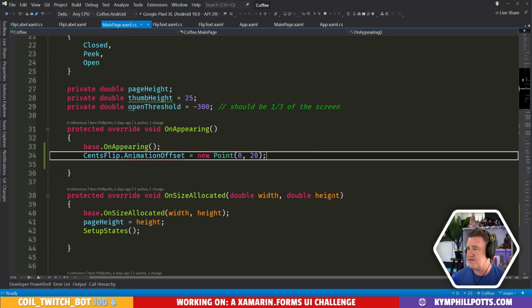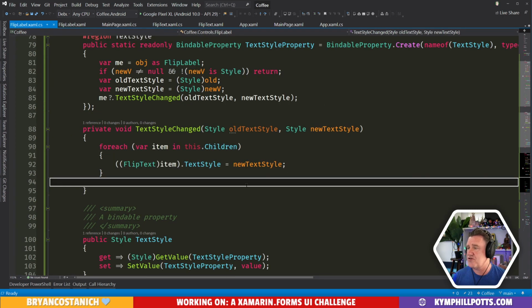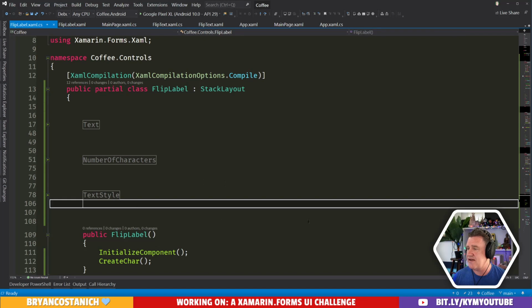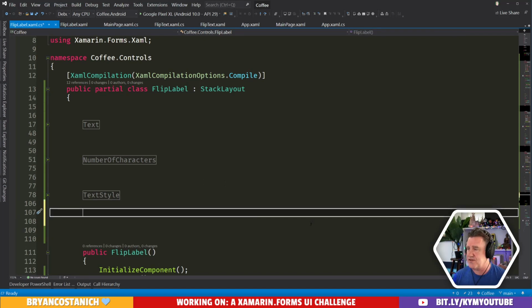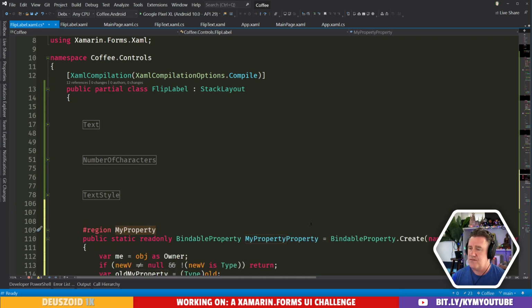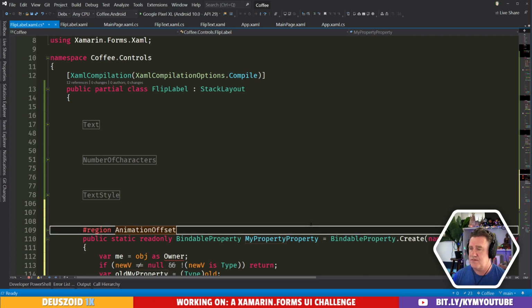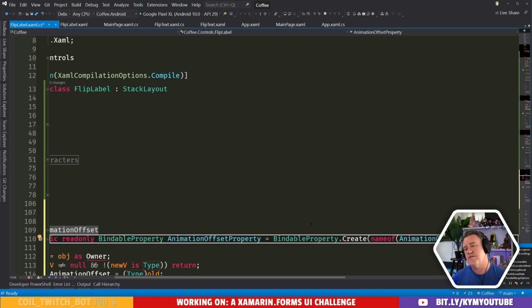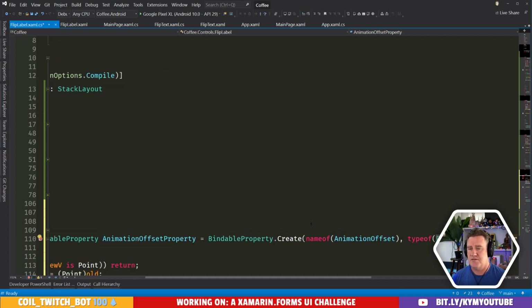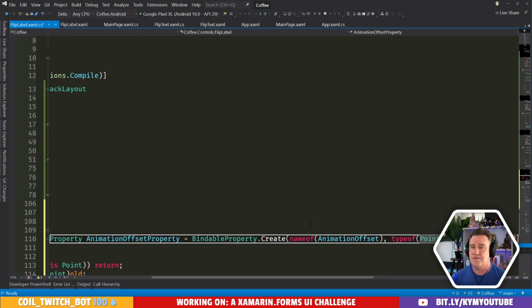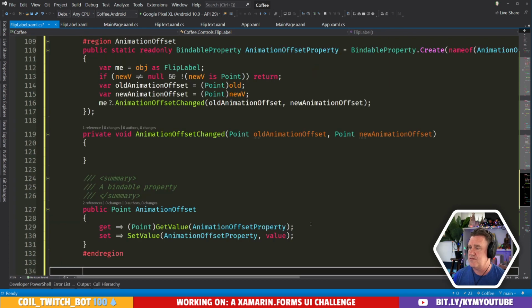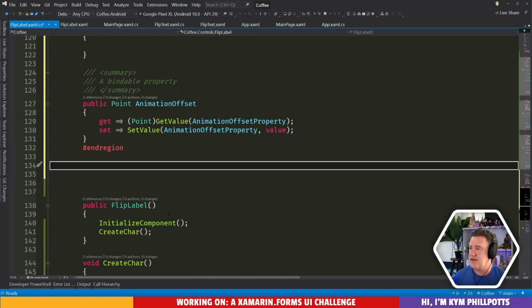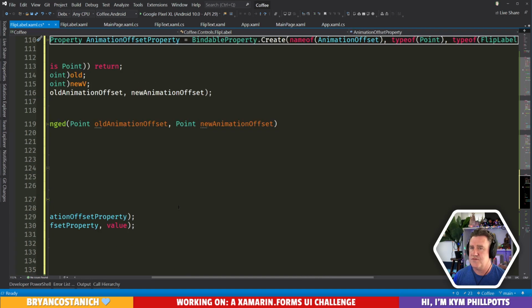We don't have an animation offset. All right. This is the problem with controls, is you got to pass a lot of stuff back down. Okay, let's do this. A type of, let's make it a point. Okay. Oops.